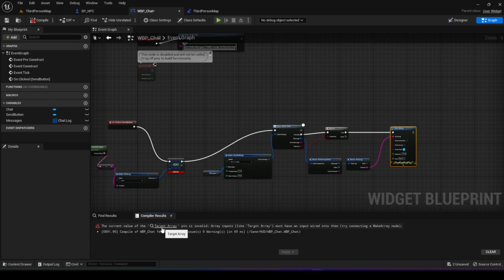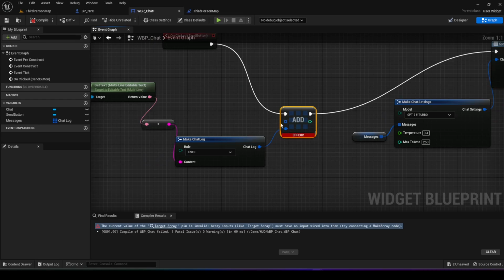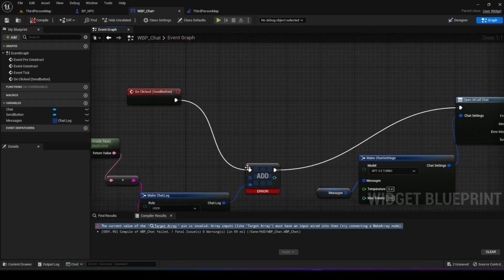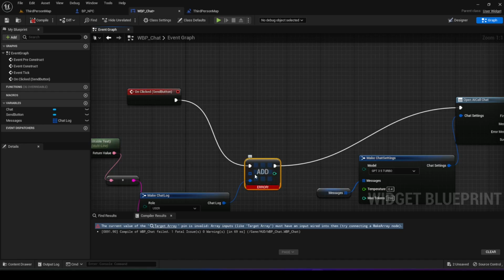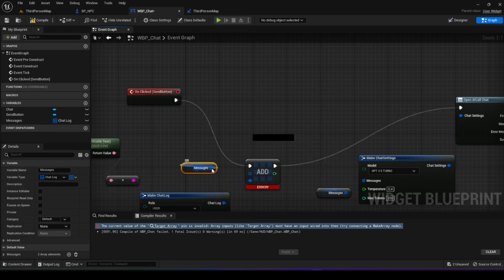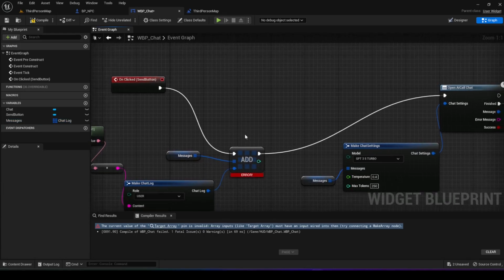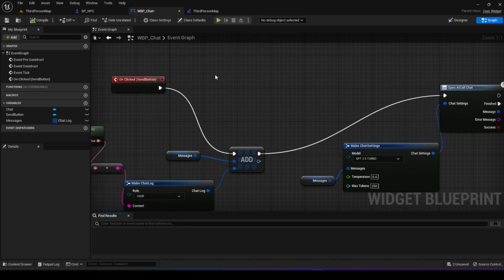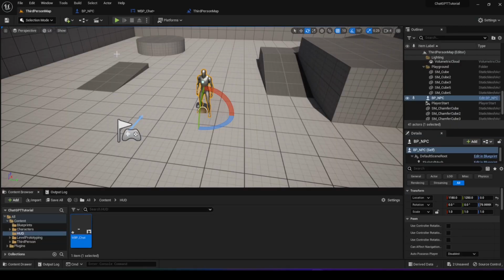So let's see. Oh, we used the add function here, but we didn't actually include what it should add to. We wanted to add the message that the user sent into the messages array. So now if I hit compile, it should work. Now if we actually go in our game,